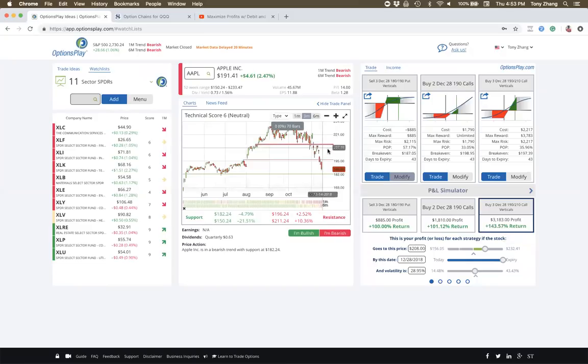This is my point about delta: it is your largest exposure when you're trading these strategies, not volatility. And I'll try to illustrate this. Let's say we think by the middle of December, which is well past Black Friday and Cyber Monday, that this stock can rally back up to 208, which again, I think is a conservative target. As you can see, $800 profit, $1,800 profit versus $2,100 profit. This is what I mean by using delta or your price outlook to determine your strategies. Because if you simply sold a credit spread because volatility is very high on Apple right now, at almost 29%, which for Apple is really high,